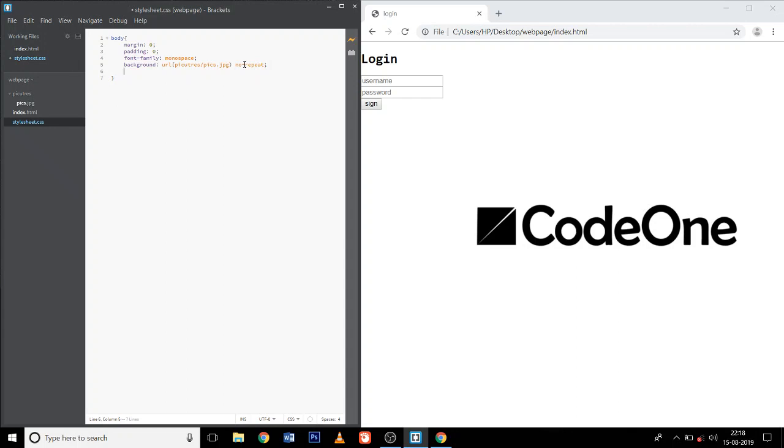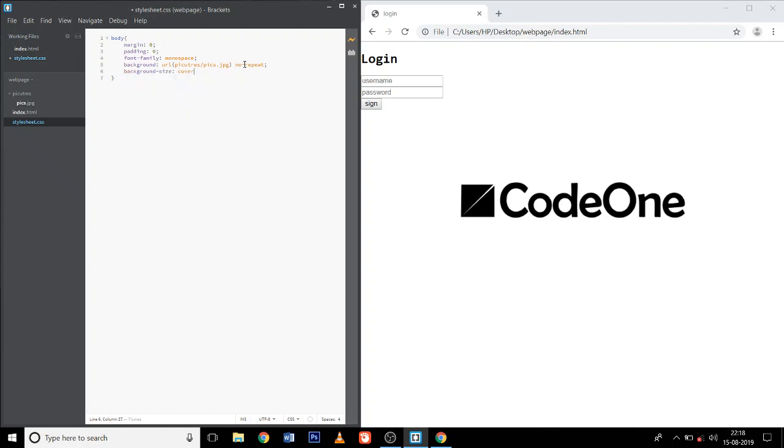Below that I am going to make it as background size to cover. Background size, okay, to cover,